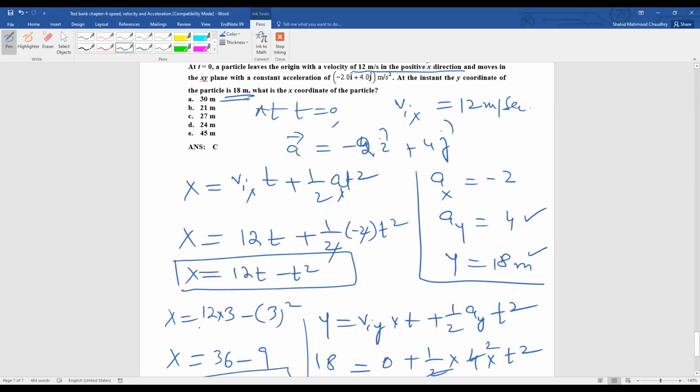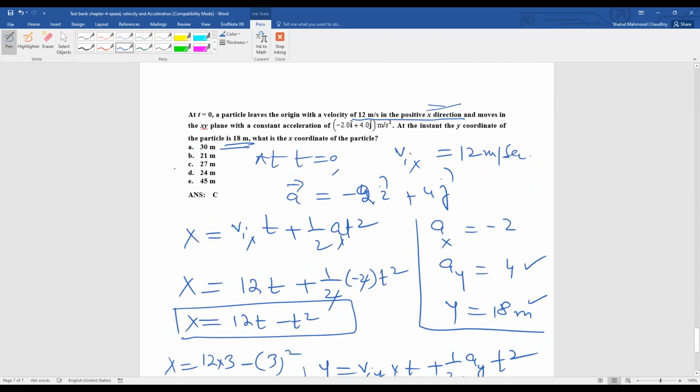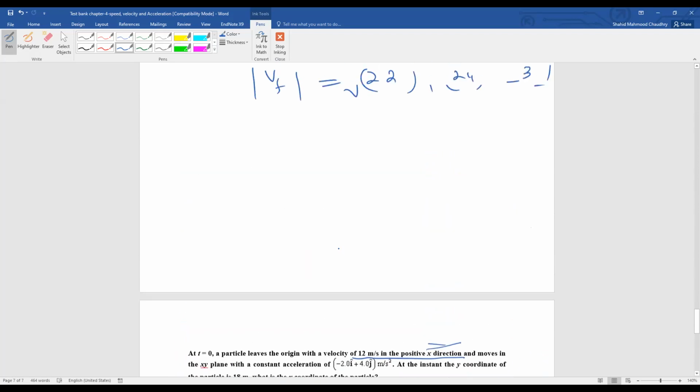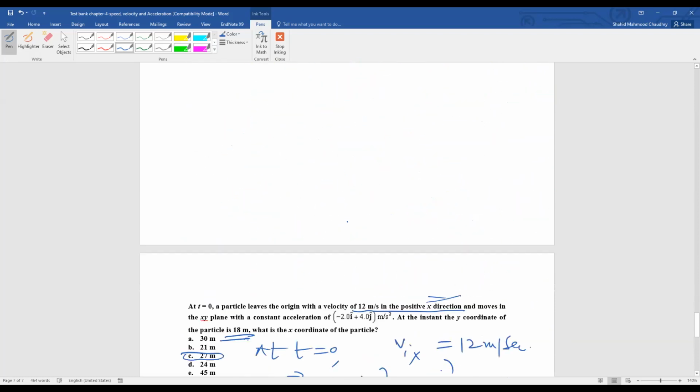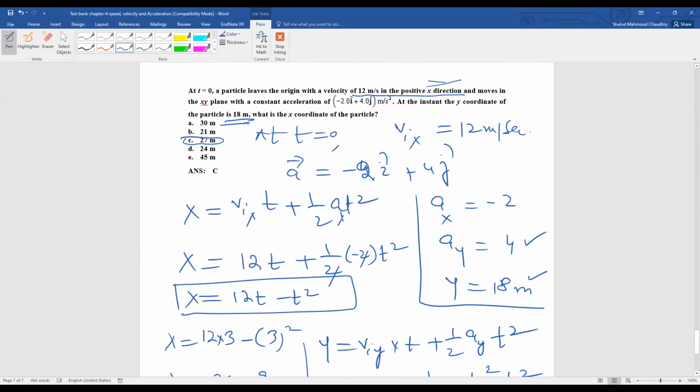So this is our answer. And you can see here 27 is this one. So this is all about the problems which I have solved about acceleration, velocity, and position or displacement. Okay. So after this, now these first two articles are finished, and now we want to move to the next article,